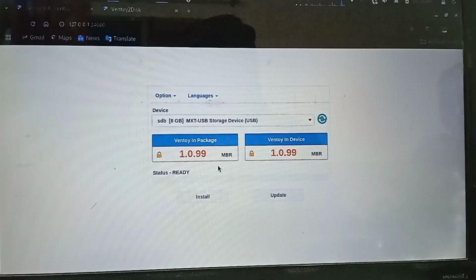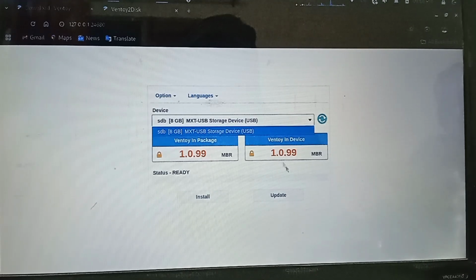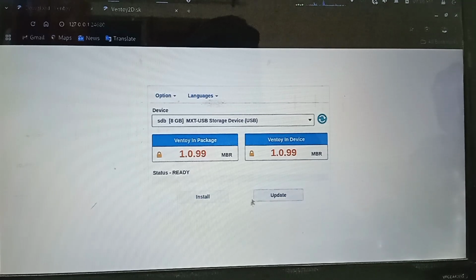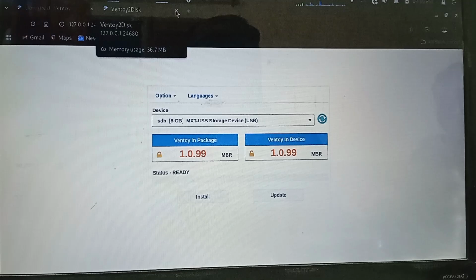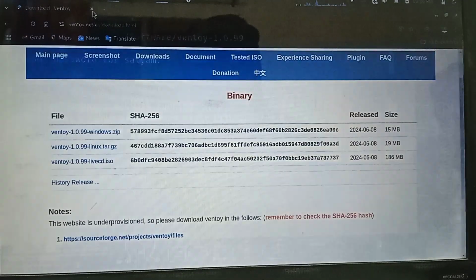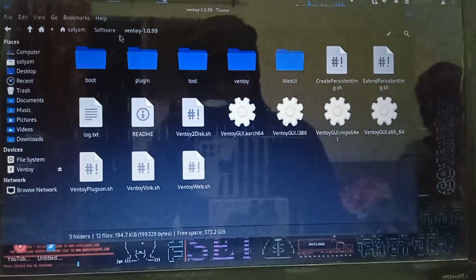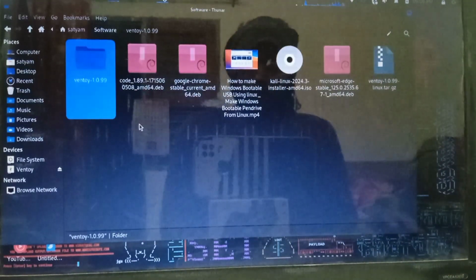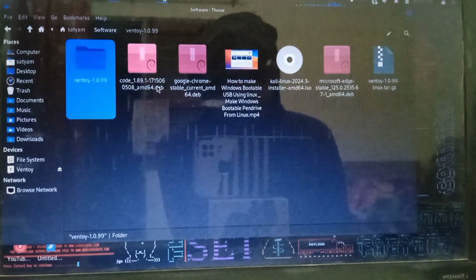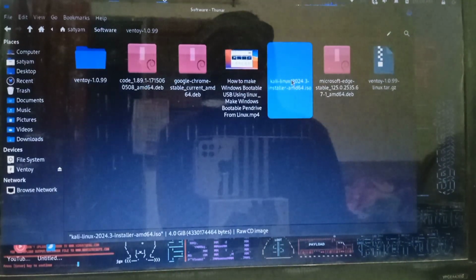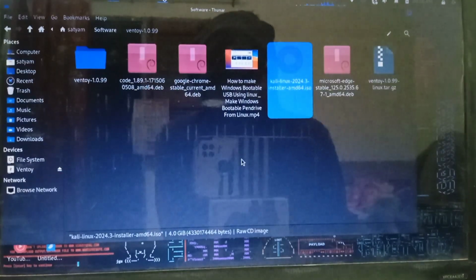Now select the pen drive which you want to make bootable. Now install this. After installing, you have to just paste there the operating system which you want to make bootable. Actually, the pen drive has become bootable, and now I am going to make